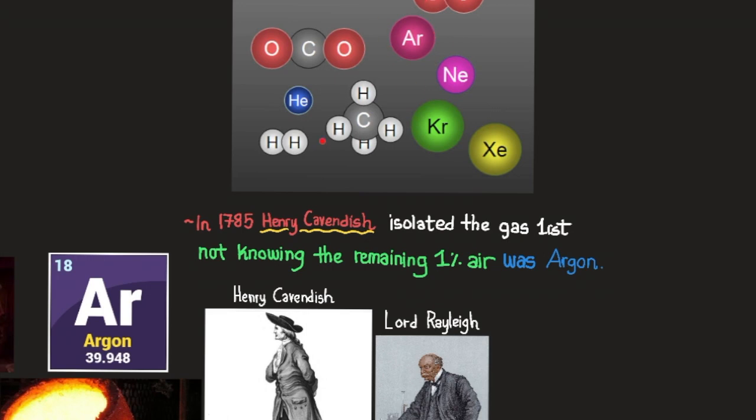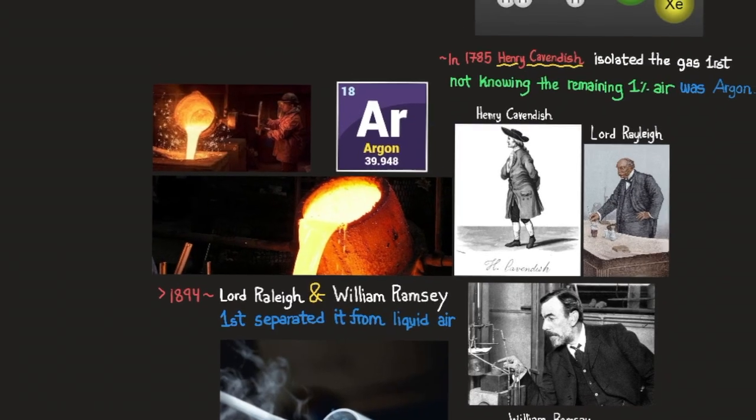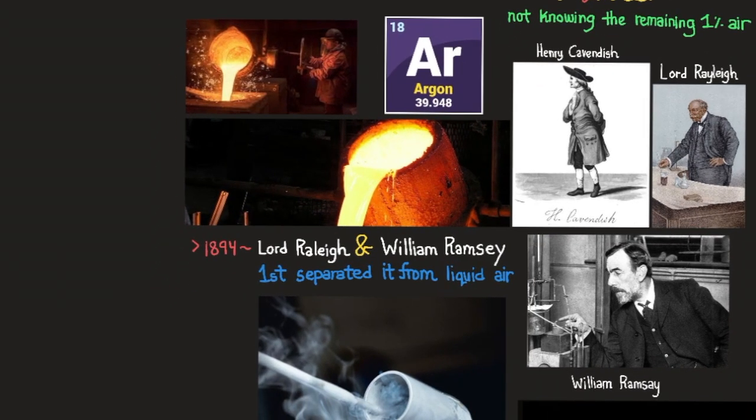So eventually, after Henry Cavendish filtered away the nitrogen, the oxygen, the carbon dioxide, maybe he didn't even filter these away. Maybe they were just in small concentrations, and the argon was the predominant noble gas that didn't react with the environment. Maybe these were also mixed in as well. So he eliminated the majority of the gases and the compounds that were already identified and classified, and left only the mysterious 1% of air that nobody knew what it was. So fast forwarding to 1894, Lord Rayleigh and William Ramsay first separated it from liquid air